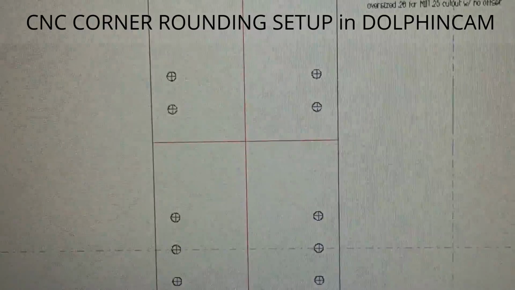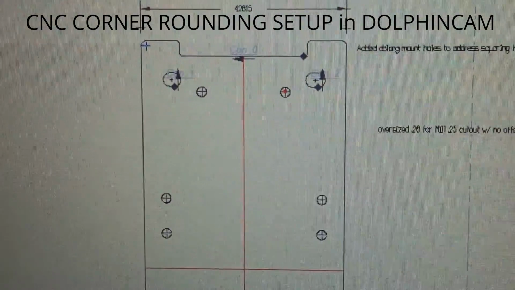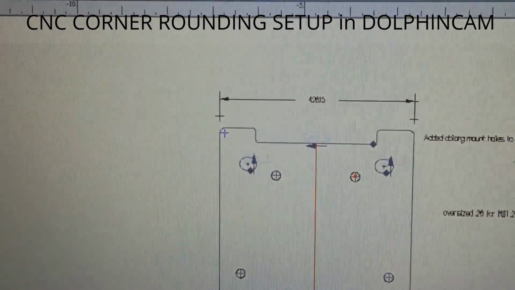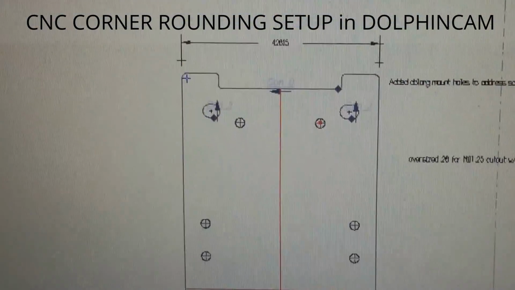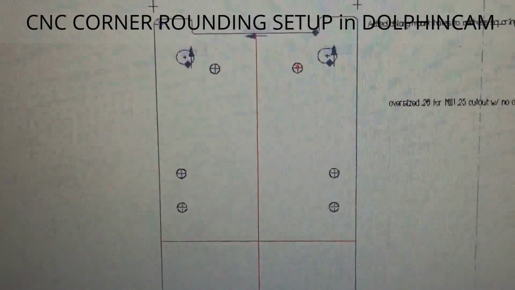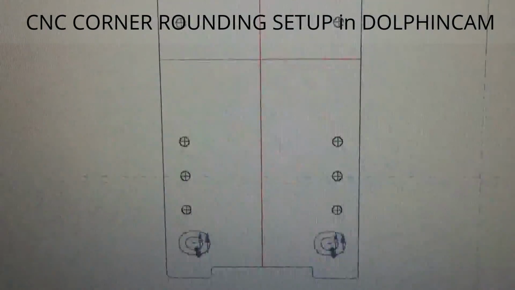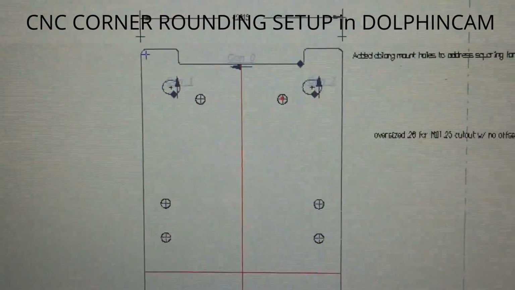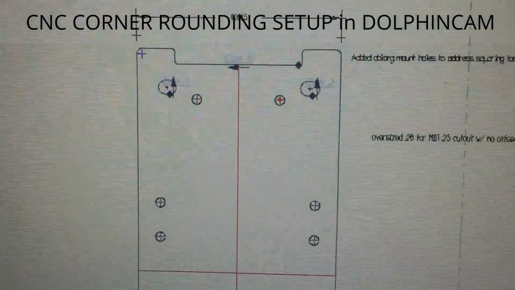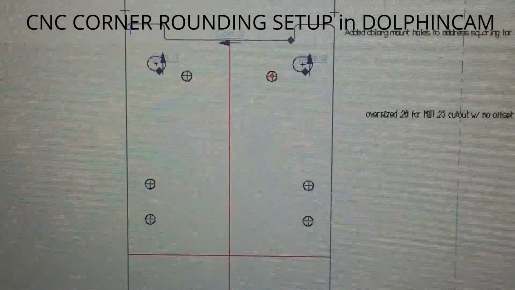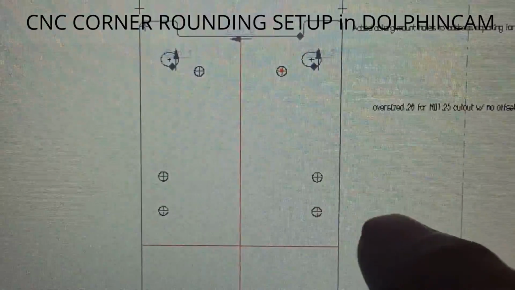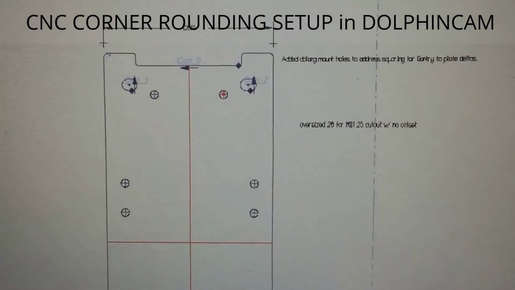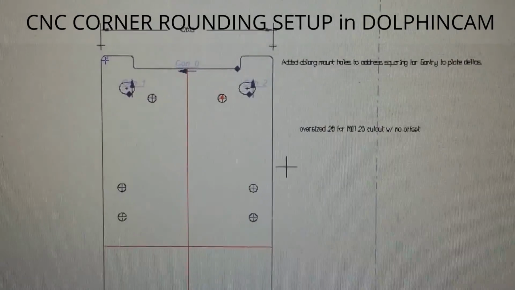Yep, hello there. I wanted to do a quick video on how I set up a CNC corner rounding event on my DolphinCAM. This here is an aluminum plate, 1/4 inch thick, that I'm going to cut out of the aluminum itself. There are a number of operations from milling to pocketing, but once a 1/4 end mill goes around and excises the part, I thought it'd be a nice touch to put a nice 1/16 corner round edge